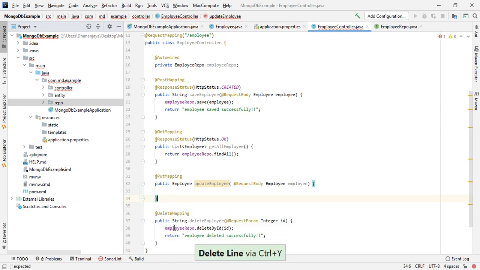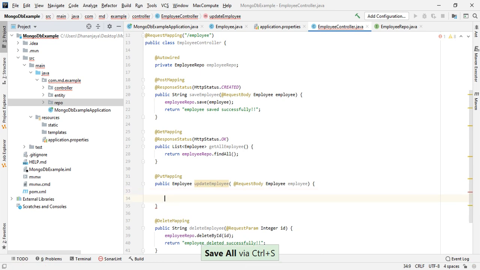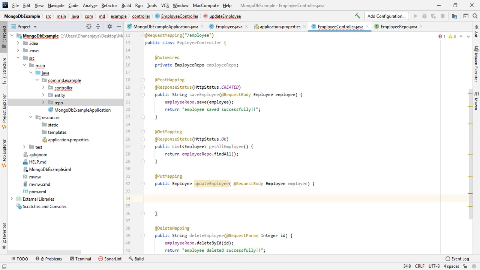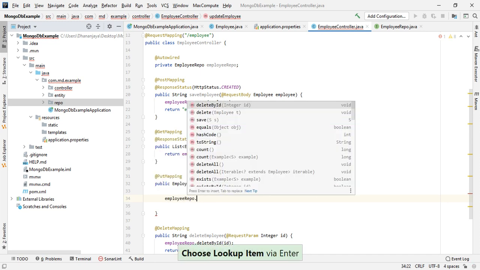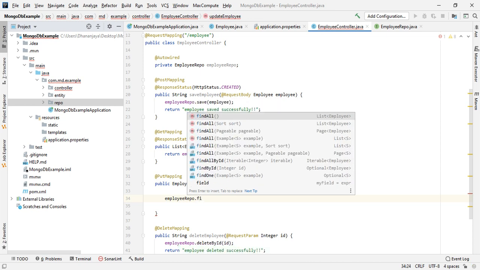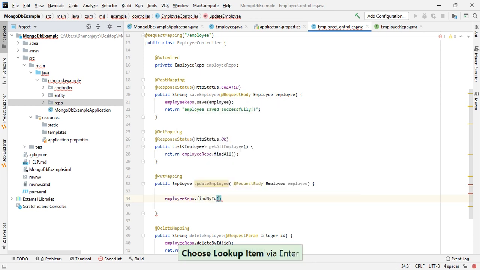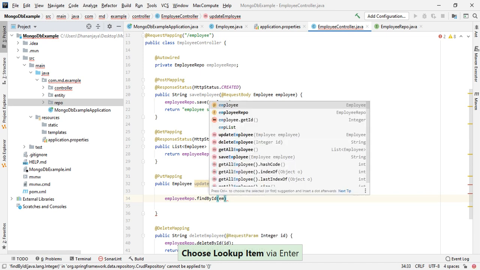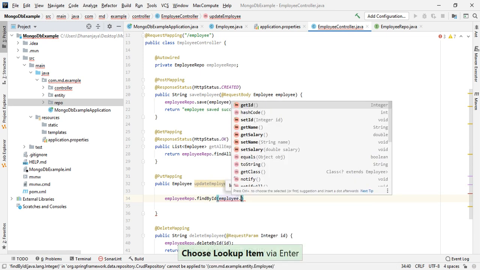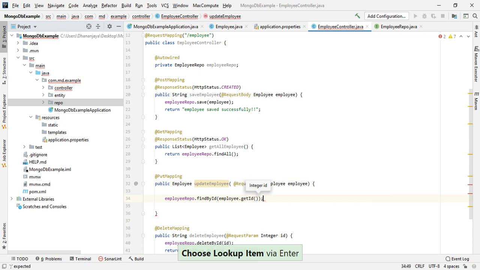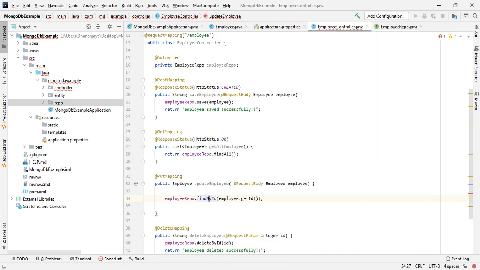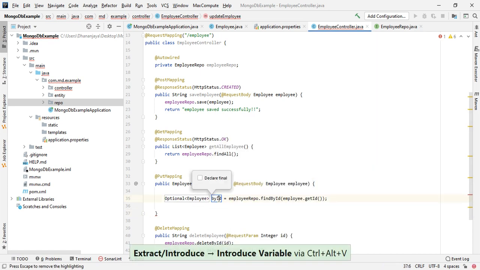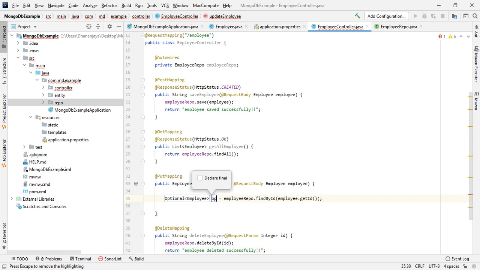We'll return the employee, but before that we need to check whether the employee exists or not, right? So let's try employeeRepository.findById. Whatever id we are passing, let's pass that, and it will return one employee to us, an Optional Employee. Let's say the name is optEmployee.